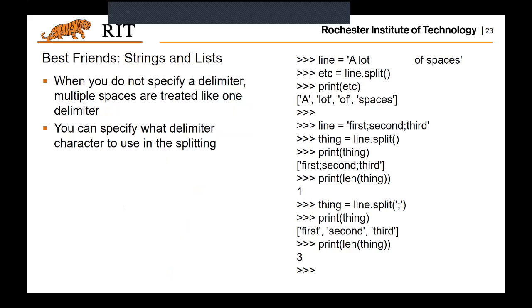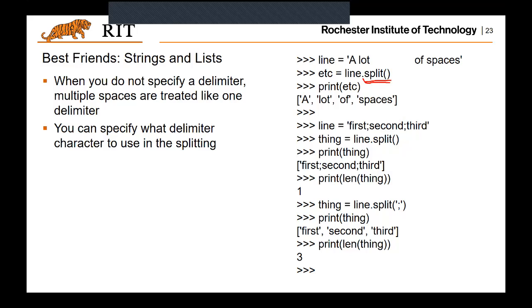Actually, this split function takes different parameters. In this case, you do not put anything as a parameter for split. In that case, by default, the split function will take the space as the delimiter